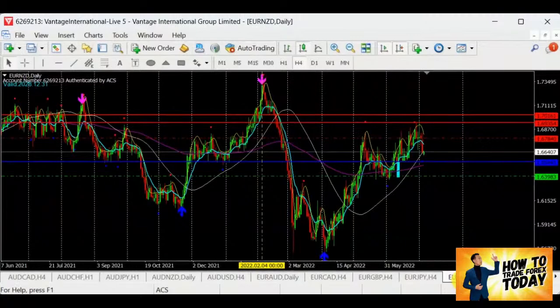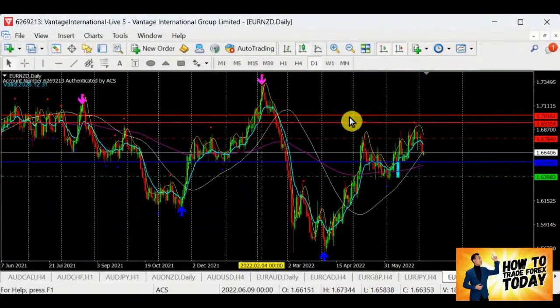All right, so Euro Kiwi, we are still in the bull. Yesterday, a pullback. After the pullback, it is now starting to go back to the bull. So anyone who traded on the pullback over here, you get your profits. I would say that's good. You are good at pullbacks, or else you are just being lucky. We are still in the bull. Try not to trade against the trend, which can be very dangerous.